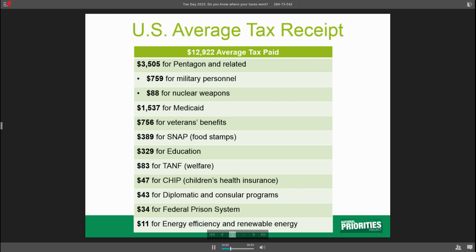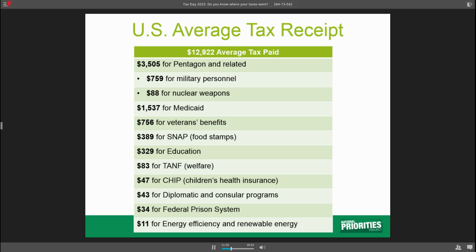So one tool that we offer at National Priorities Project is the ability to get either your own personalized tax receipt on our website or to see an average for the US or an average for your state. So here I've pulled some of the information from a US average tax receipt. So the average US taxpayer in 2014 paid about